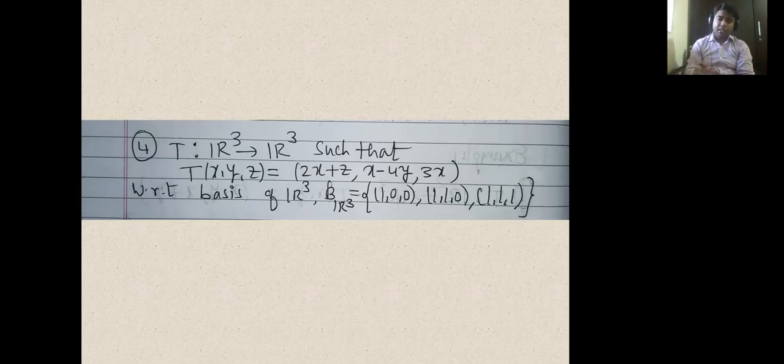Now the second linear combination, again we have to do that. The second vector, (2, minus 3, 3), is equal to alpha times (1, 0, 0) plus beta times (1, 1, 0) plus gamma times (1, 1, 1). Multiplying them, I get (alpha plus beta plus gamma, beta plus gamma, gamma), and on this side (2, minus 3, 3). This is the second linear combination.